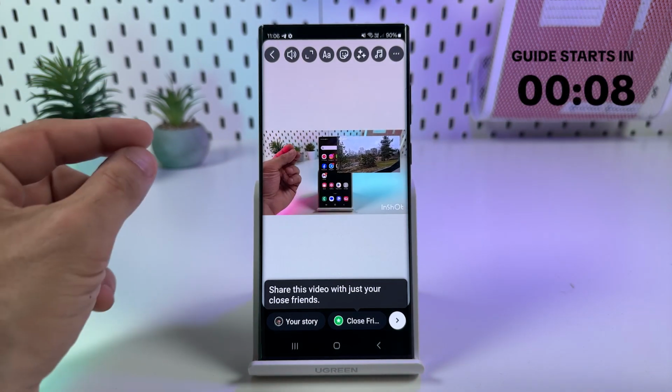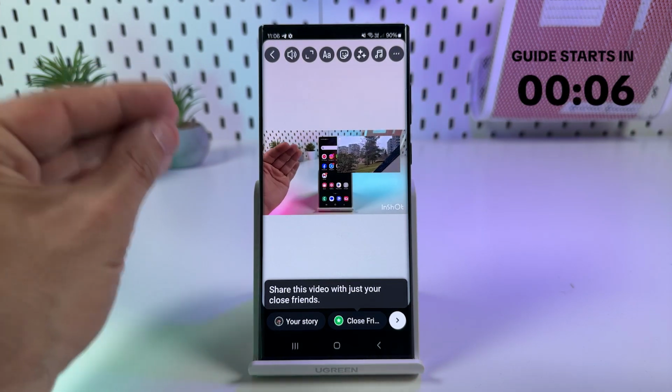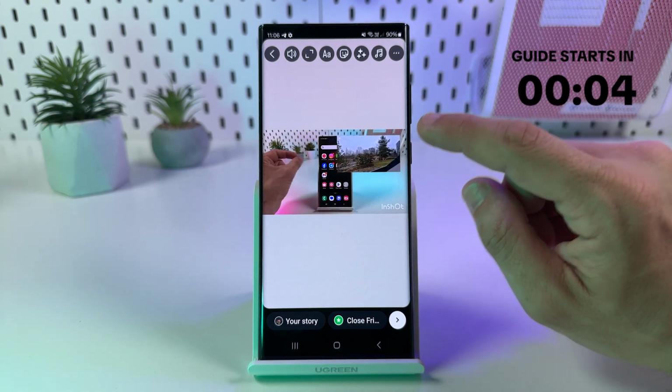Hi guys, in this video I will show you how to add multiple videos to Instagram story with this picture-in-picture